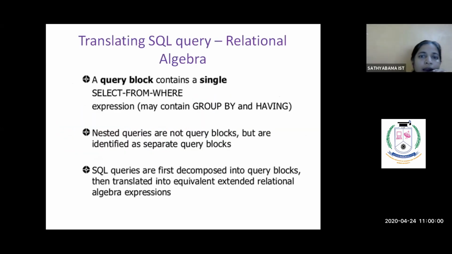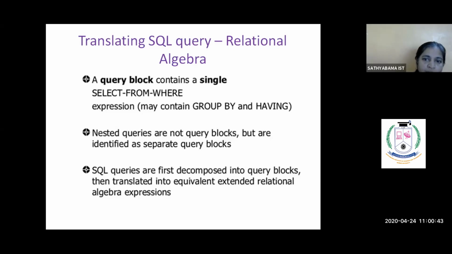Next, the entire thing is called a query, where you will have many subqueries. A single query is considered as select from where condition. One select-from-where expression is considered as one query block. If you have nested queries in the same query, each subquery is considered as a corresponding query block. So you may have more than one query block in one particular query. If it is a complex query, we may have different query blocks.